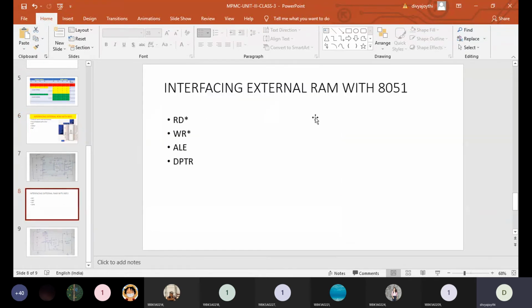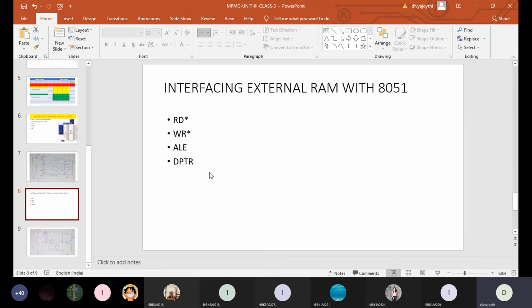That's the reason the read bar pin and the write bar pin of the 8051 microcontroller need to be connected to the external RAM. And whenever we are developing the program to interface the external RAM, we need to make use of one special register, the data pointer, which is a 16-bit register. The usage of DPTR indicates that the controller is accessing the data memory externally.